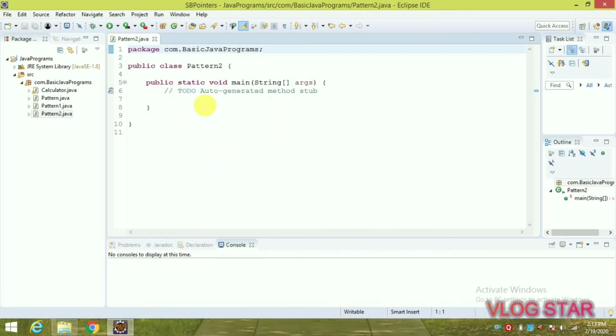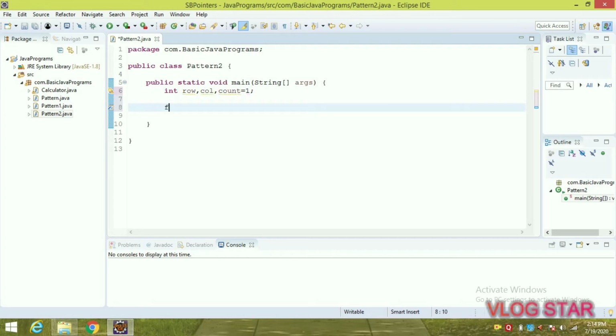So this is our Java program and we can start programming from here within the main method. First of all we need to initialize our variables. For that I am using int row, column. We can give any name to variables and we can use r and c instead of row and column as per our convenience. Now we need to add one more variable, that is counter, and initialize it here itself: count equals 1.